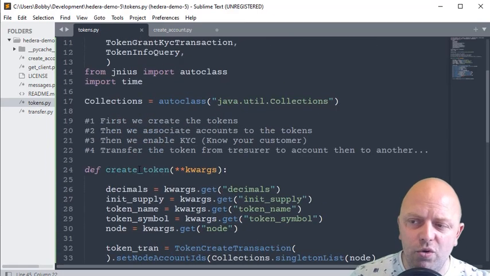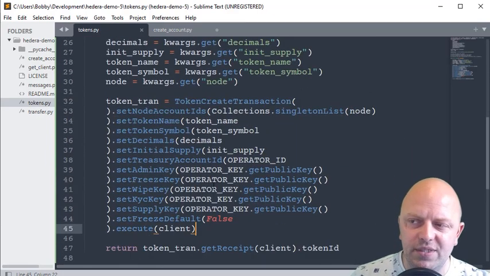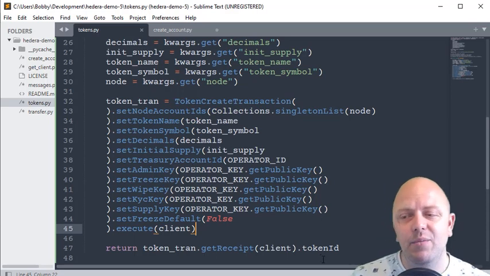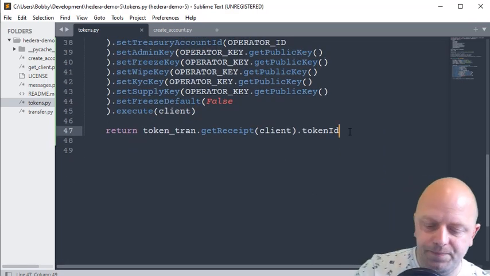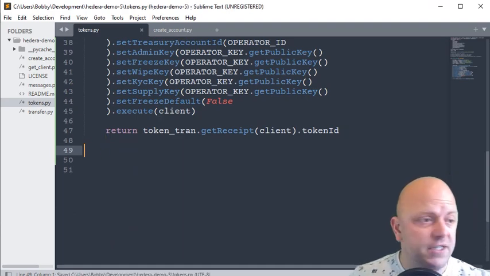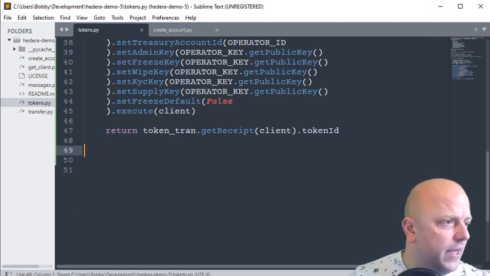So when we call create token, what we get in response is the tokens that are created, and then we get the ID of that token that's passed through. Okay? That's the first thing we do. Then what we do is